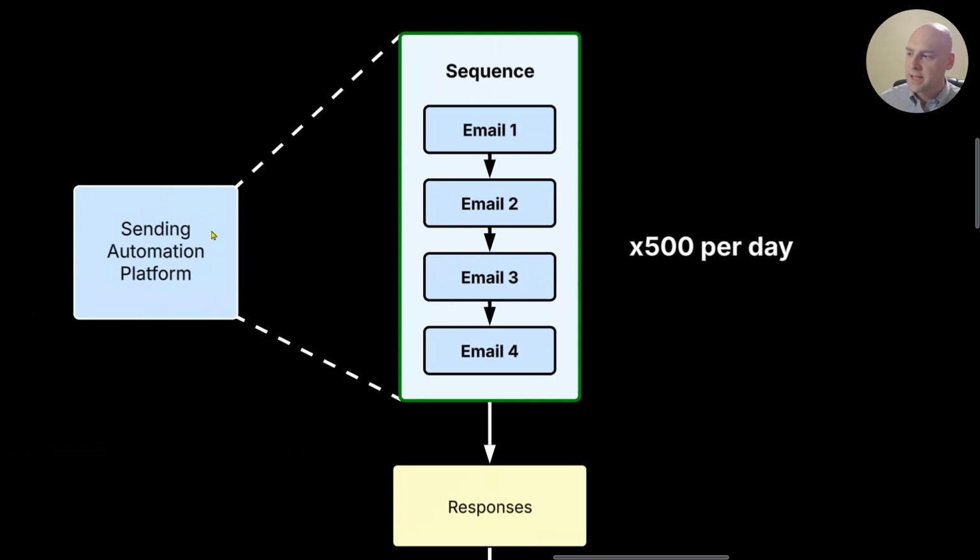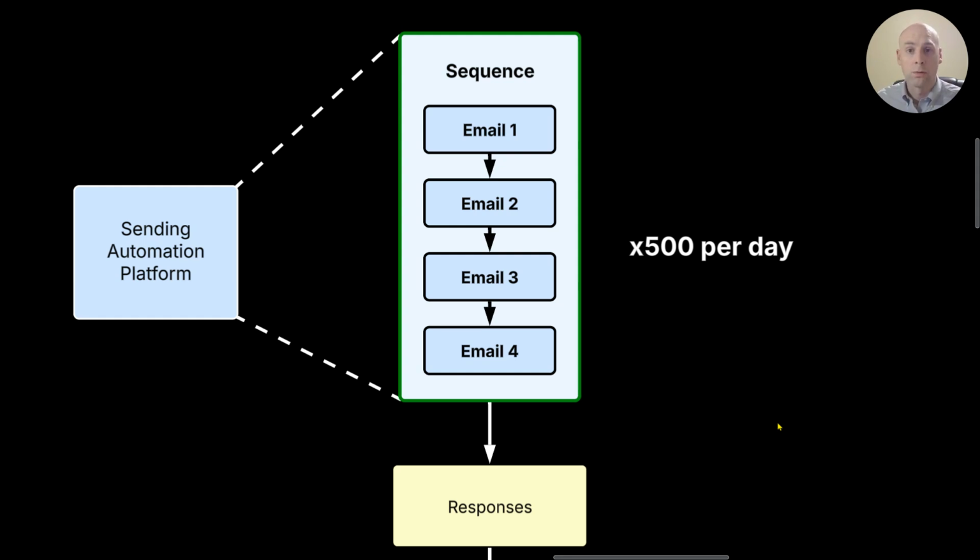So we use an automated sending platform. Instead of sending one email manually, our system sends a series of emails. We call this a sequence, where emails are sent and there's a period of time between them, maybe 2 to 3 or maybe even 7 days in between. We're not spamming people. We're not sending emails every single day. We're just sending them at a frequency to try to catch someone at the right time, at the right opportunity where they are interested and they want to